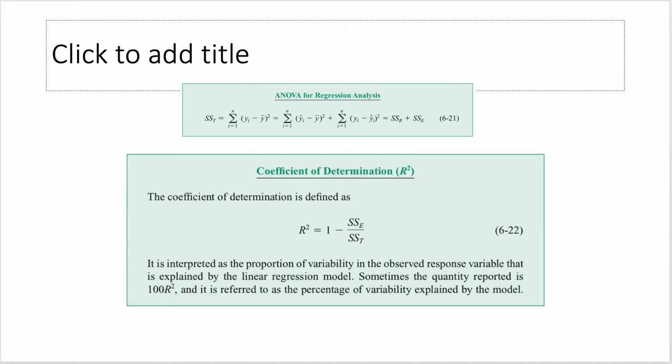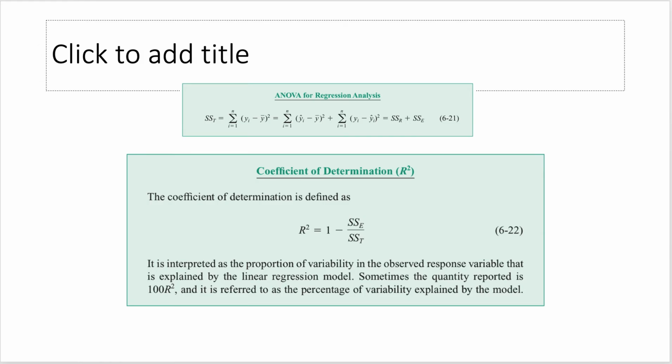From the ANOVA of the regression analysis, we can find the total sum of square. The total sum of square is the partition of the total variability in the response. It divides the total variability into two components. The first one is the sum of square of error, or called SSE. The sum of square of error measures the unexplained variability in the y's,